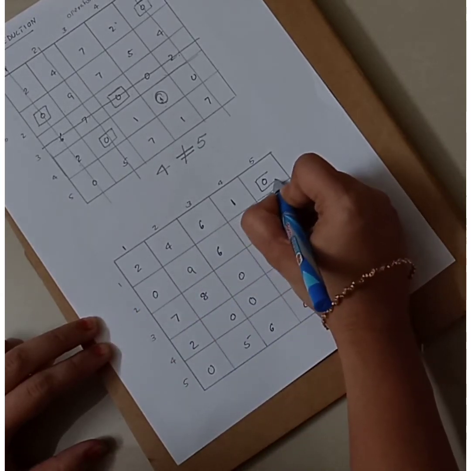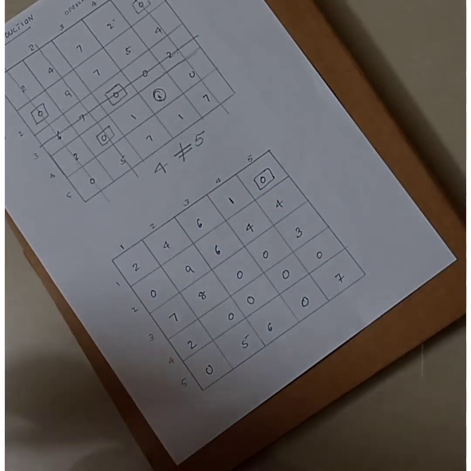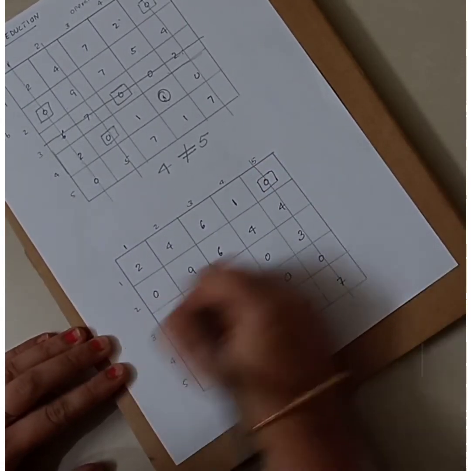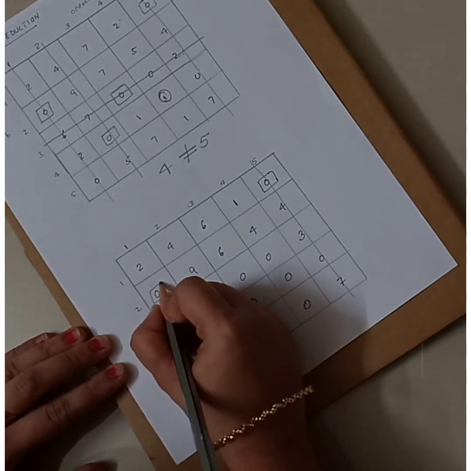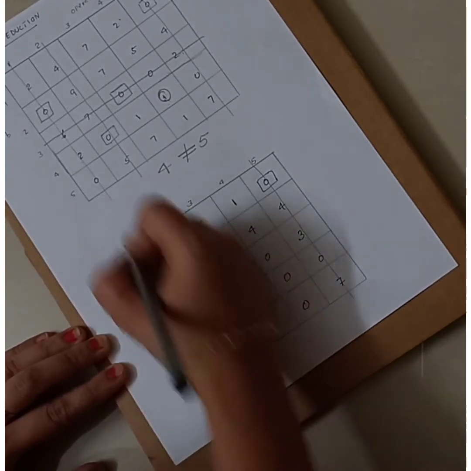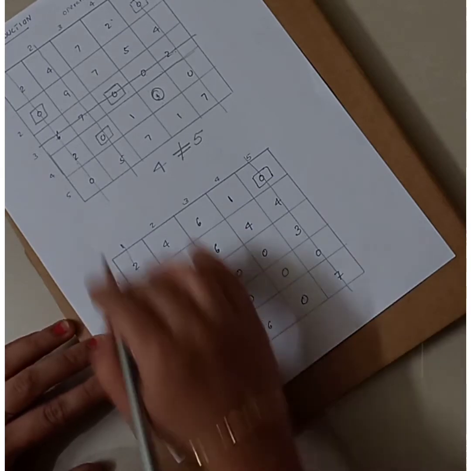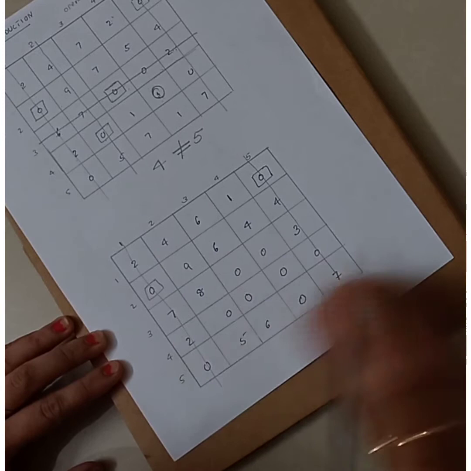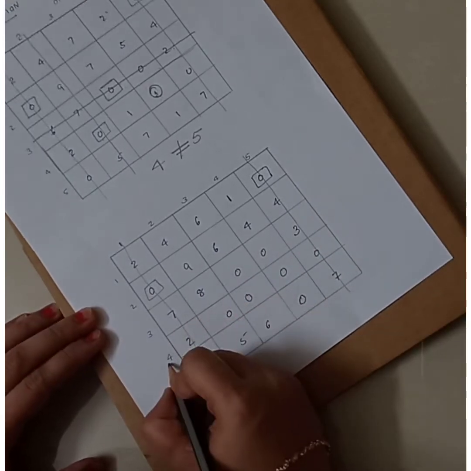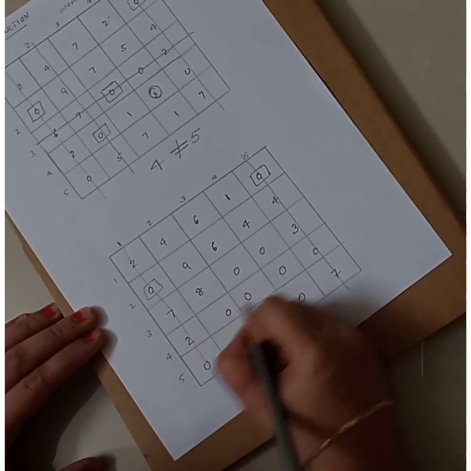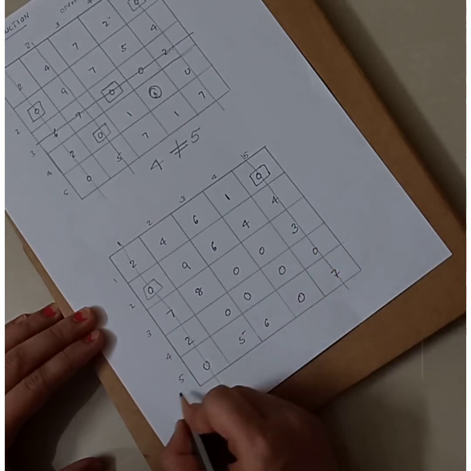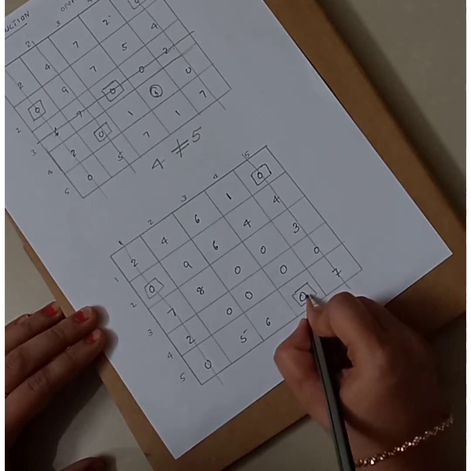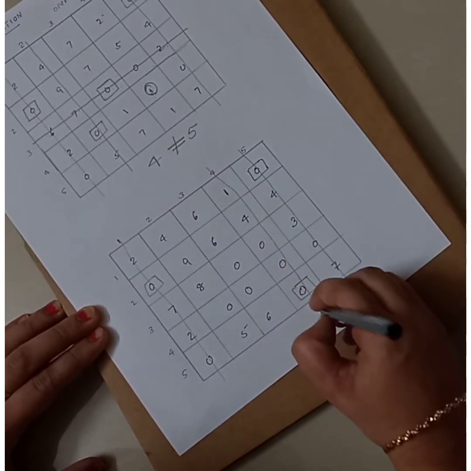So here there is only one 0. So I mark this square, I delete this. Then again in the second row only 1 zero is there. Again I mark it and draw a vertical line through the 0. Then when I do the row scanning, there are 2 zeros, so I cannot do it, so I skip that particular row. Then the fourth row, again 3 zeros are there, so again I skip that row. Fifth row only 1 zero is there because already this 0 is deleted, so again I draw a vertical line.